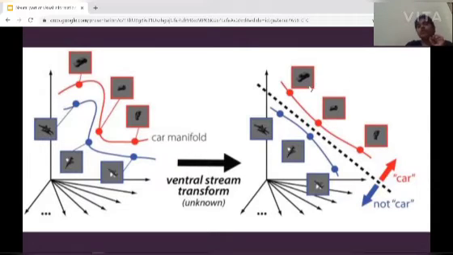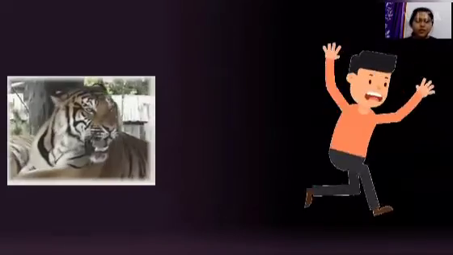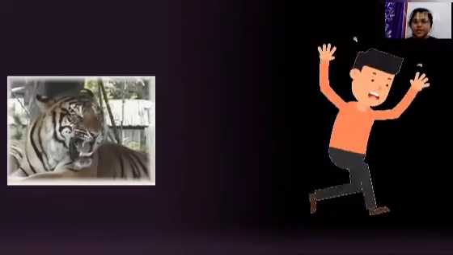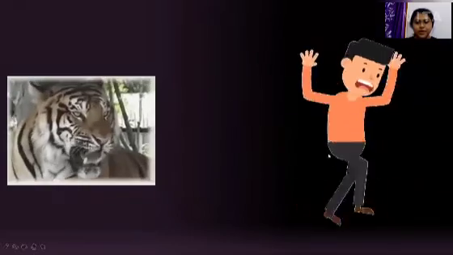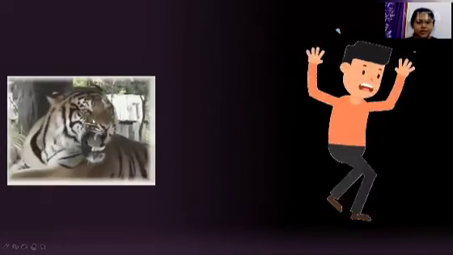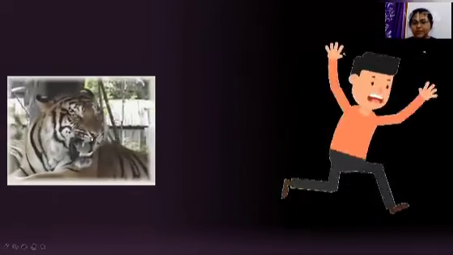Basically, the IT cortex tries to develop a mapping of visual input to a semantic representation in such a way that it allows easy discrimination between dissimilar objects. So after object detection, based on the visual memory, it tries to recognize the object, and in this way object recognition happens with the help of the ventral stream along the ventral visual pathways.